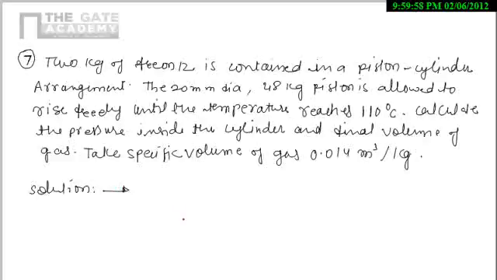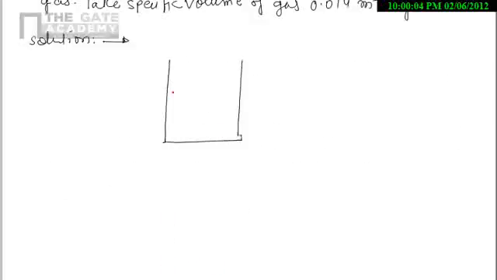So now I will just draw the diagram, then it will be very clear for our understanding. I am just drawing the diagram here. This one is the piston. I am drawing the final stage where the piston is allowed to rise freely until the temperature reaches